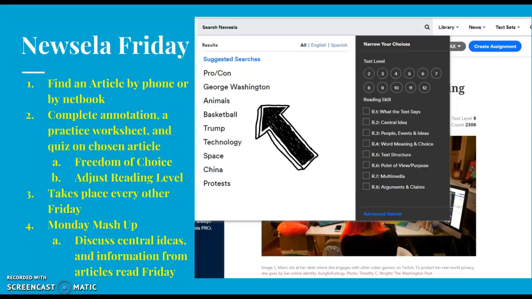Some of the readings do have power words, which is just a vocabulary section, but not all of them do. I know that all the articles do have a practice worksheet and a quiz and annotation, so that's what I'm requiring students to do. But if they were to not do well in the quiz, I would suggest if there are power words that they would go through and complete the power word activity. What I like about this activity is that students have freedom of choice to choose whatever article they want. It would just have to be at the ninth grade level, unless there's